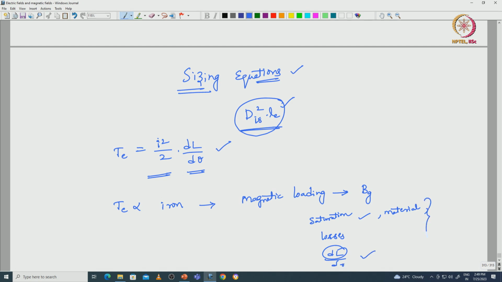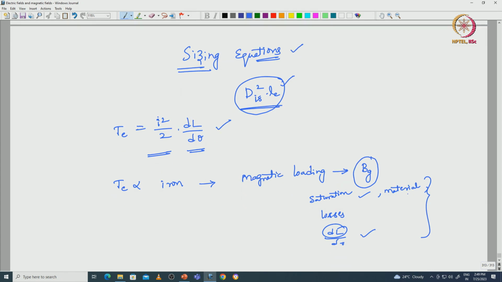All these parameters will limit the flux density at the air gap, and the flux density at the air gap is in terms of Weber per meter square or Tesla. Here B_g is equal to flux per unit area,